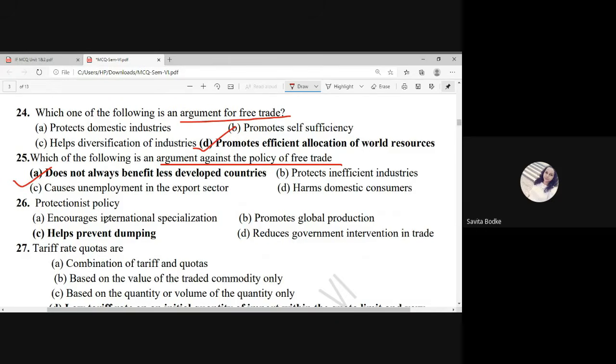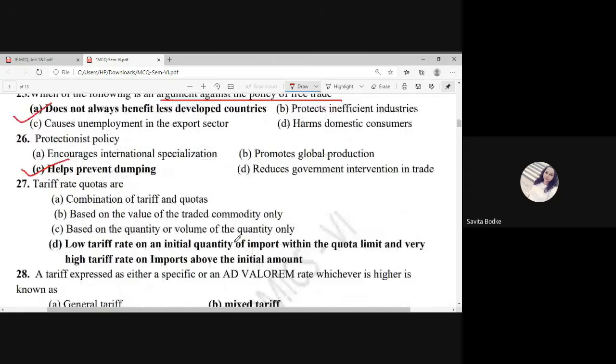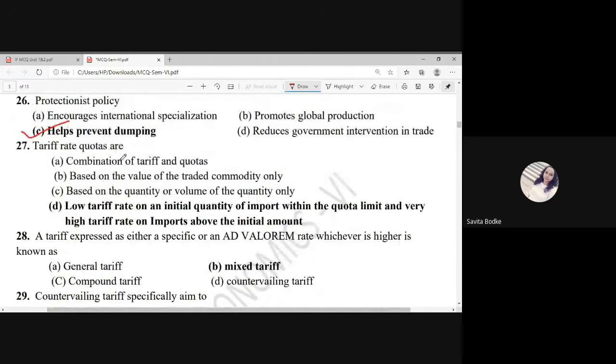Now the next MCQ is protectionist policy. The appropriate answer is, helps prevent dumping. Next one is, tariff rate quotas are a low tariff rate on an initial quantity of